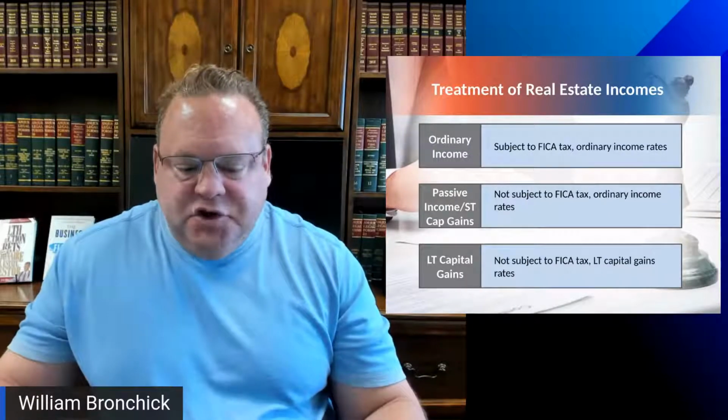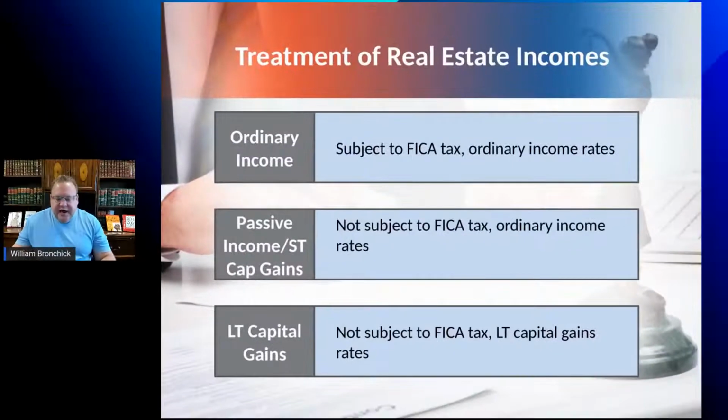So in terms of the treatment of real estate, incomes fall into 3 basic categories under the tax code. One is what's called ordinary income. Ordinary income is the income that is earned from doing a business or running a business. So if you bought and sold widgets and you earned income, that's ordinary income. If you performed a service and were paid for that service, that's ordinary income, like a brokerage fee or an assignment fee in the real estate example.